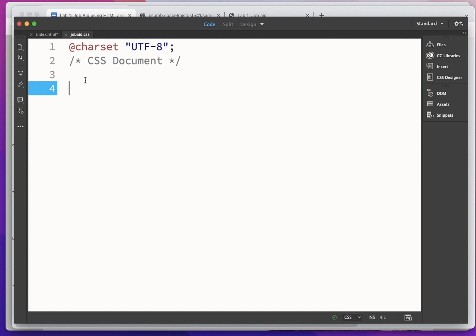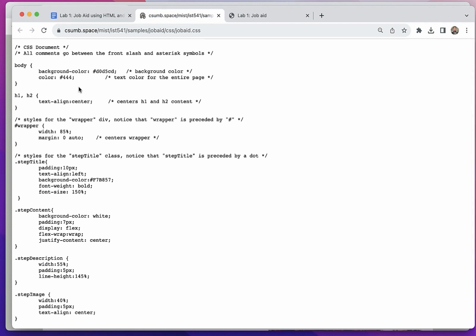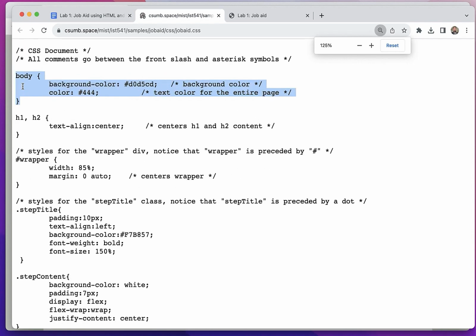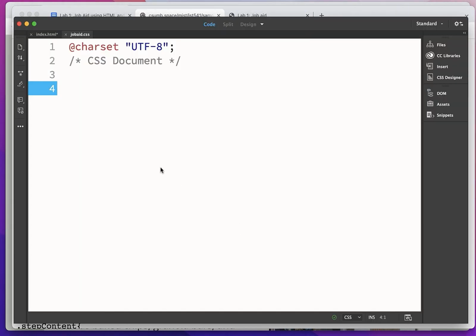I will go back to the CSS file that we are given, and I will just copy the first CSS rule. So you can see what is going to happen when we add the body CSS rule. So I will just copy this body over here, including the selector, body, and the curly bracket. Let me make the font a little bit bigger so it's easier to see. So I will select the body CSS section, copy it, and then go back to Dreamweaver and then paste it